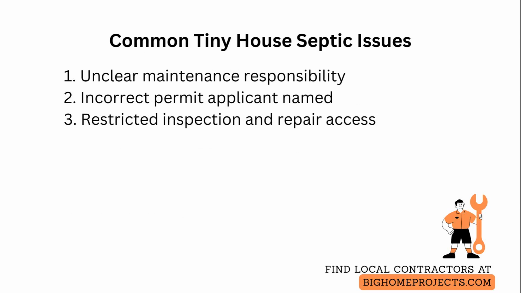Common problems include unclear responsibility for maintenance, which leads to neglected pump-outs and system failures. Solve this by adding explicit maintenance and payment clauses to the lease with a schedule for inspections and pump-outs. Another frequent issue is improper permitting because the applicant named the tiny house owner instead of the landowner. Fix this by listing the landowner or an agreed responsible party on the permit and providing a signed authorization letter